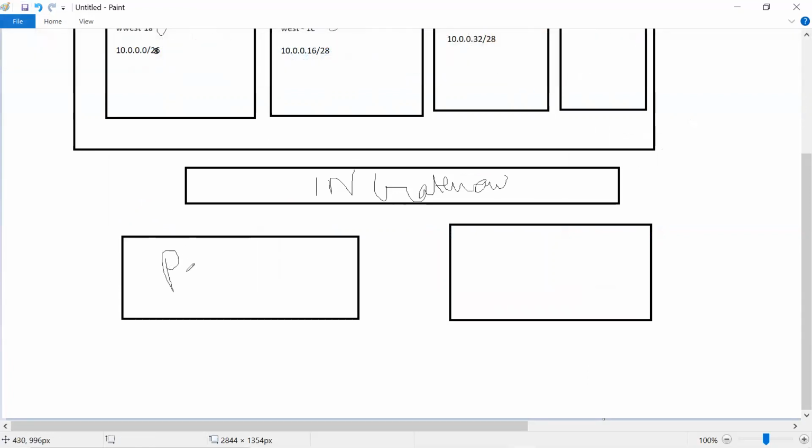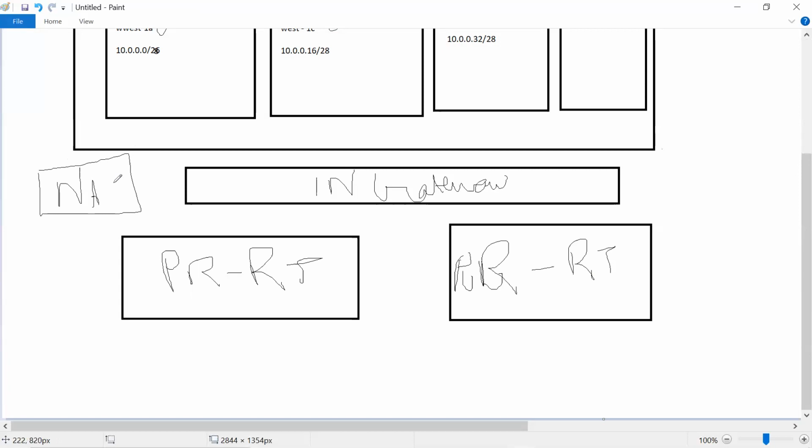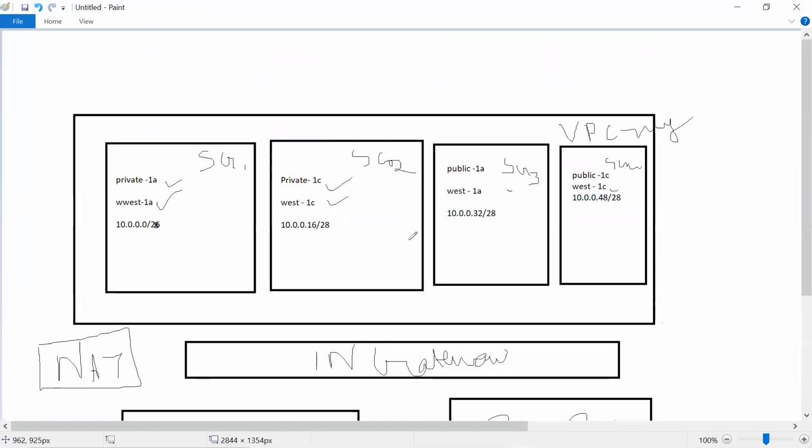So this is for the private route table, and public route table. Okay, and then we will also be having a NAT gateway. So as an assignment, get to know the full form and what it is. But during the hands-on, of course, I'll be explaining what it is.